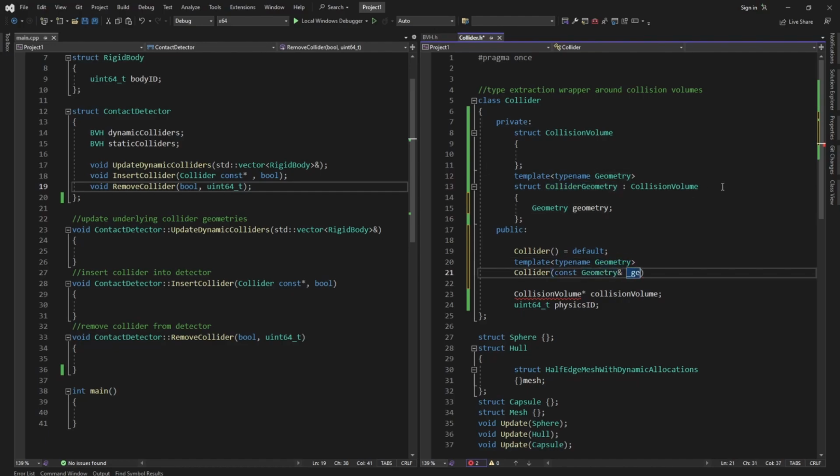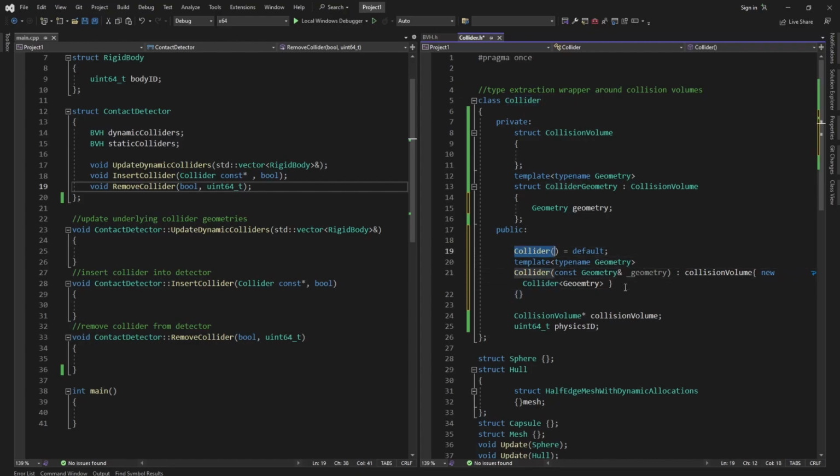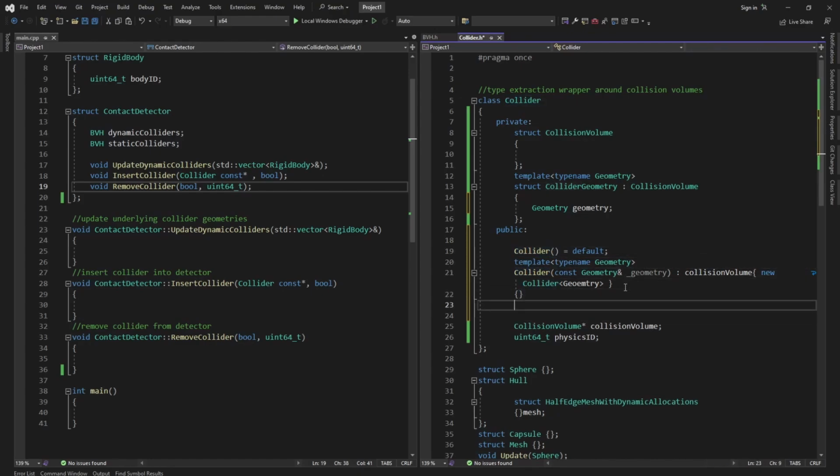And the reason for this is I wanted to give the ability to set this collision volume either when you create the collider or you can delay that choice. I'm sorry. I'm going to finish typing this, and we'll also have a destructor, but we'll look at that later when